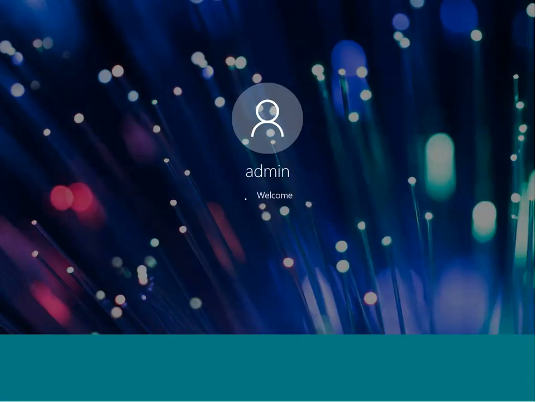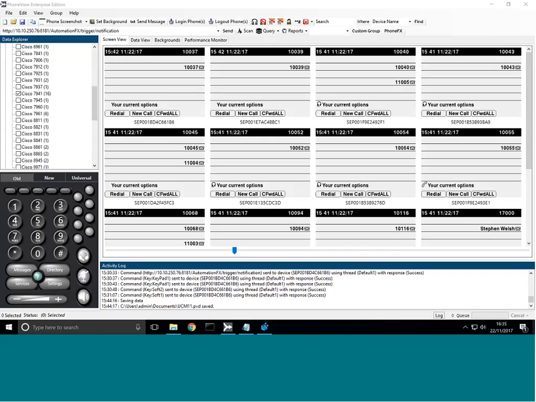Okay, so I've got an instance of PhoneView version 6 running. Just imagine I had a previous version of PhoneView and I just did an in-place upgrade, just ran the version 6 MSI on top. I've already been using it previously, added a couple of clusters, and set up for screenshots to work and things like that. So it's just a normal state of affairs that a lot of people will be in right now. So if I want to go and actually